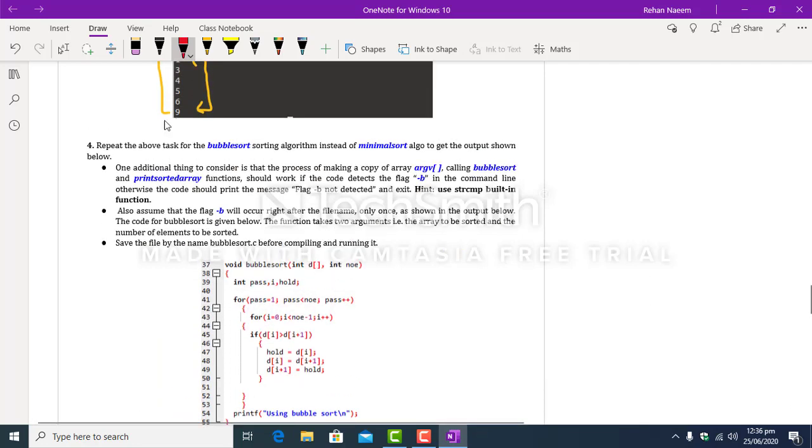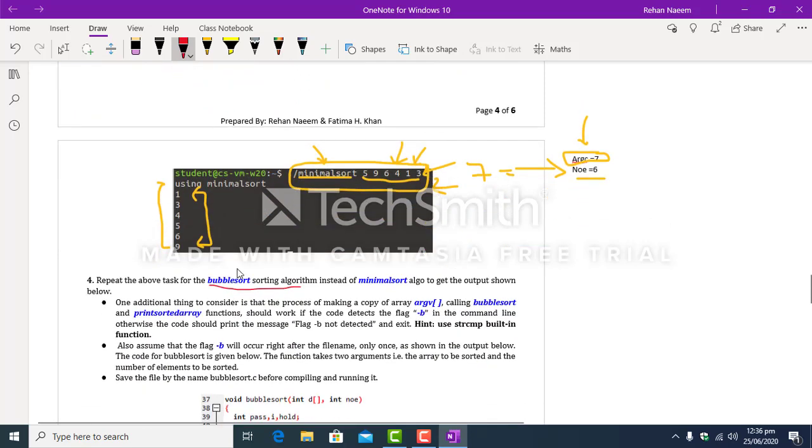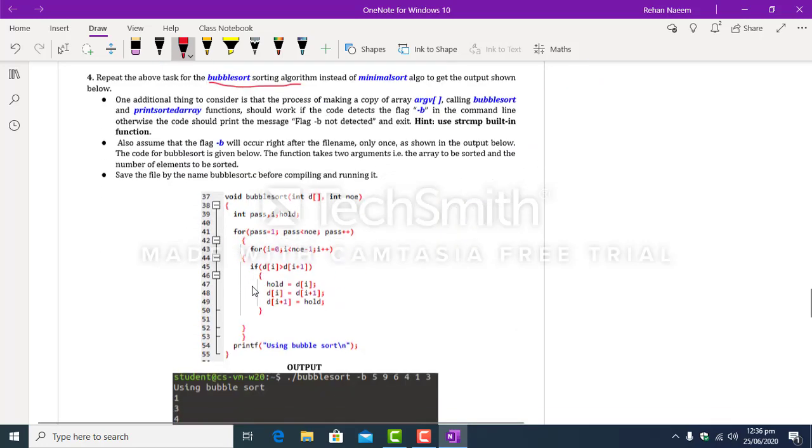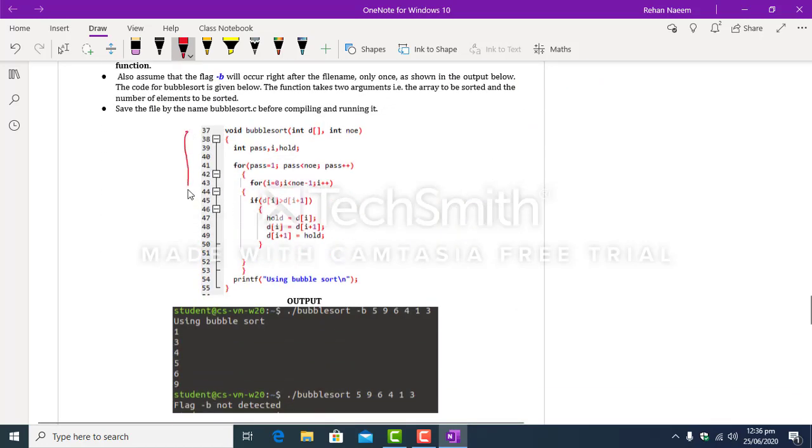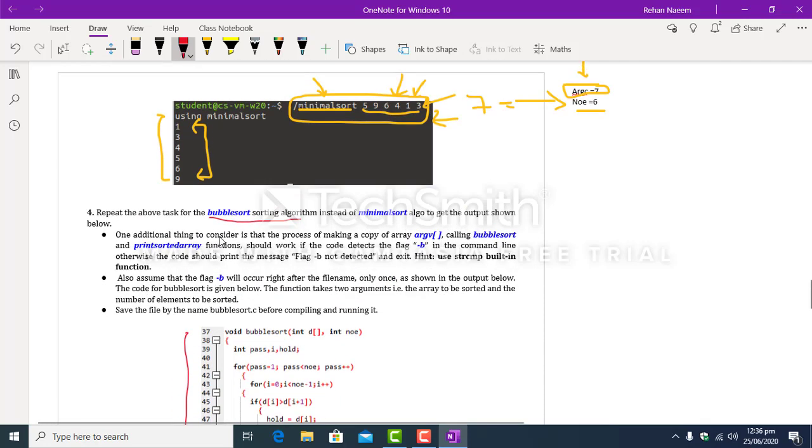Okay, in task number 4, you have to repeat the above tasks for bubble sort sorting algorithm, and the exact code of this algorithm is given here. So copy paste this code as it is into your Emacs editor. And one additional thing to consider is that